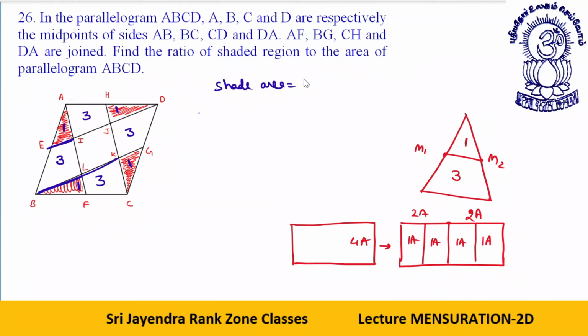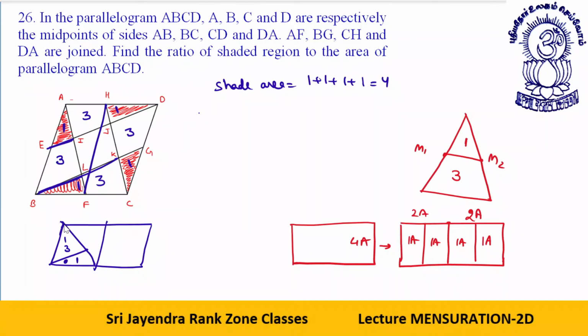Okay, now let's talk about this full figure. If I talk about this full figure, it is like this. These are the midpoints. What has been this area so far? 1, 3 and 1. So I can say this is 1/4. Like this area is 1/4. This 1/4 is equal to 5.